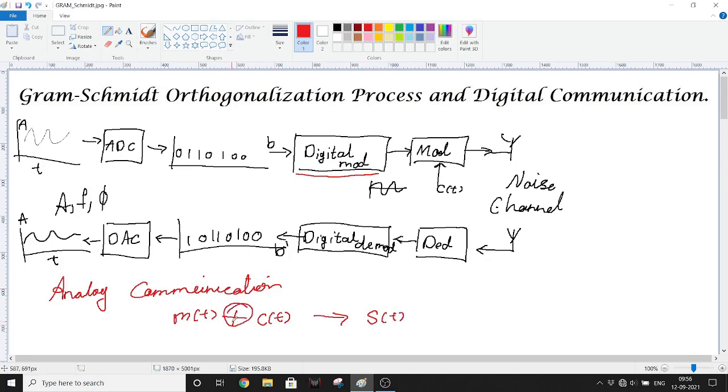This operation is directly done on an analog input message signal. But in a digital modulation scheme, we have already converted this analog signal into digital bits, and these